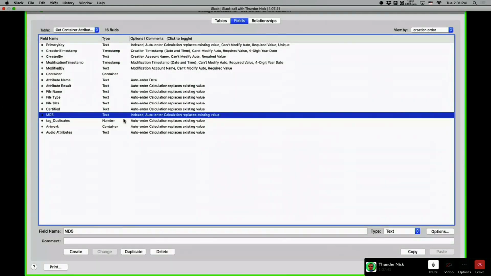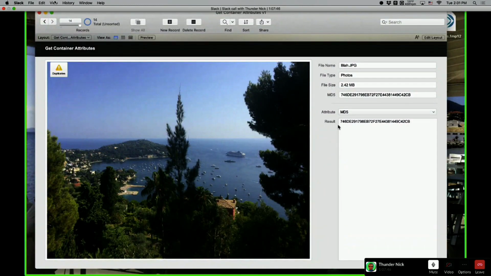So it's very simple to do this, to get the duplicate stuff. And here it tells you duplicate. So I have a tag duplicate, and now I can find my duplicates if I want.